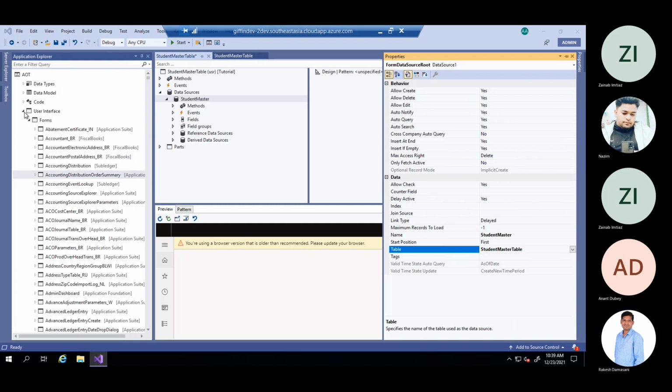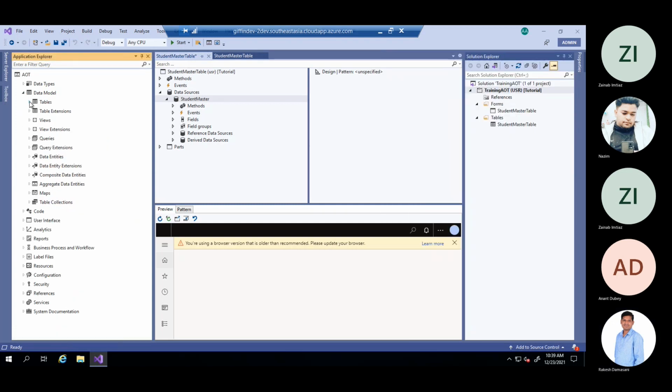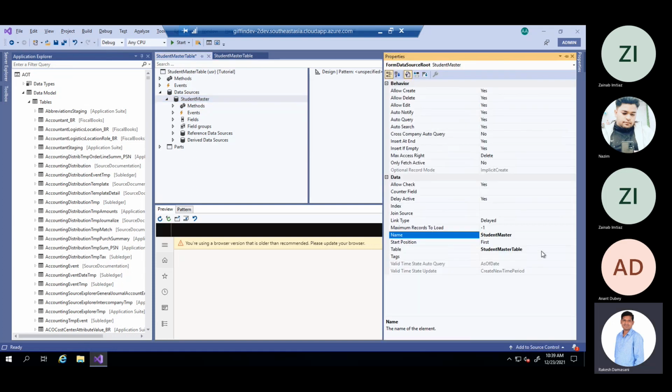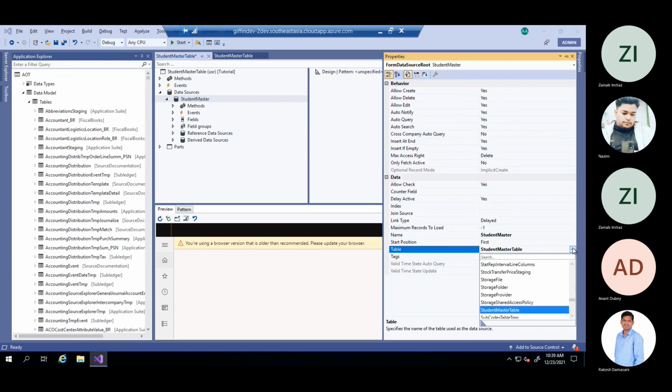Suppose these are the tables available in the AOT, and in the table property it will show all the tables which are available in the system.